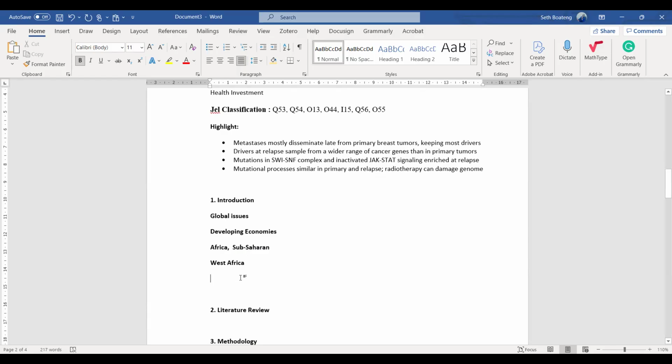So if you are working on a country, maybe if you are dealing with China, if your study is about Ghana, you can talk about global issues, a brief background of the global issue on the same concept you are working on. You bring it down to maybe continent level, give brief statistics about it. Then maybe you bring it down to the level you are working with. Then you talk about your study variables, how your study variables are related.